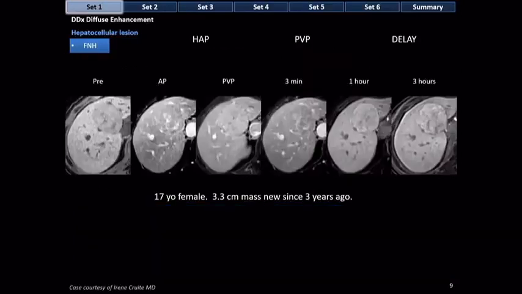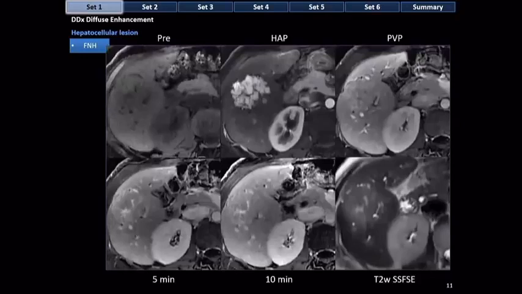The patient was brought back for an MRI with a hepatobiliary agent, and this lesion at 3 hours after the administration of gadolinium bapta diffusely takes up the agent, confirming in this case that this was a focal nodular hyperplasia. Now, do you need to use hepatobiliary agents to diagnose FNH? No, you don't. If a lesion has an appearance like this with an extracellular agent, you can make an unequivocal diagnosis